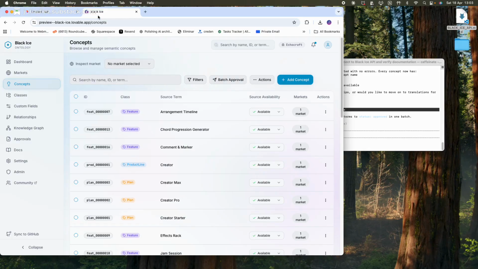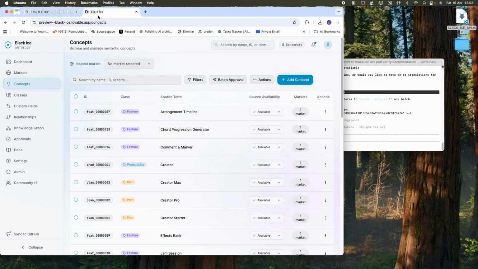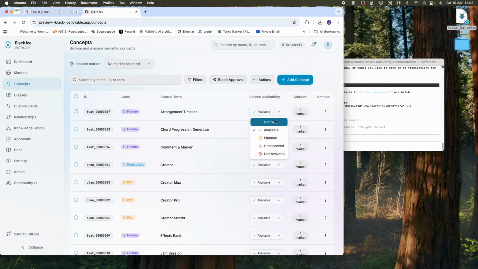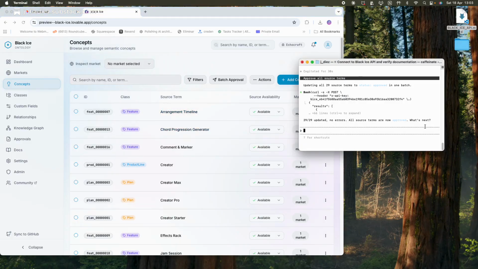But if you are a program manager, there are some terms, this happens a lot, that start to be used as an A/B testing, but maybe they are not final, or the feature is not yet launched in the market. You could decide that it's planned or that it's finally unapproved, or if it becomes not available for whatever reason, because maybe it's deprecated. So now I've approved